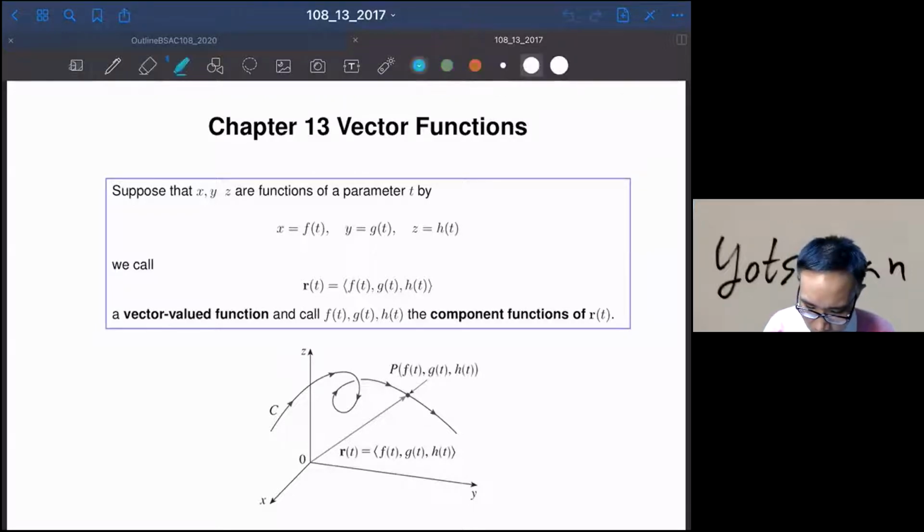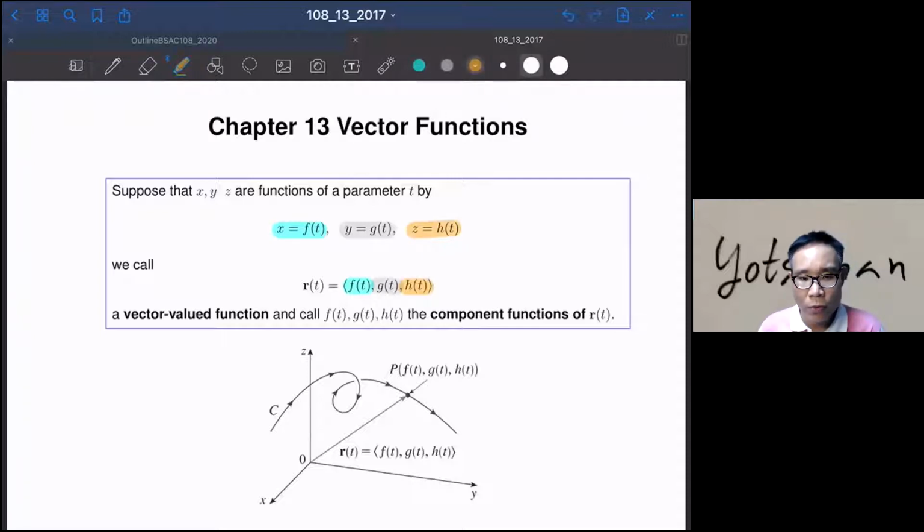x equal to f(t), y equal to g(t), and z equal to h(t). So you see that you have three functions in one variable, and you're going to use these three functions to construct what is called the vector valued function. The vector valued function turns out to be the vector r(t), so the function name is r, and you have f(t) as your first component, g(t) as your second component, and h(t)